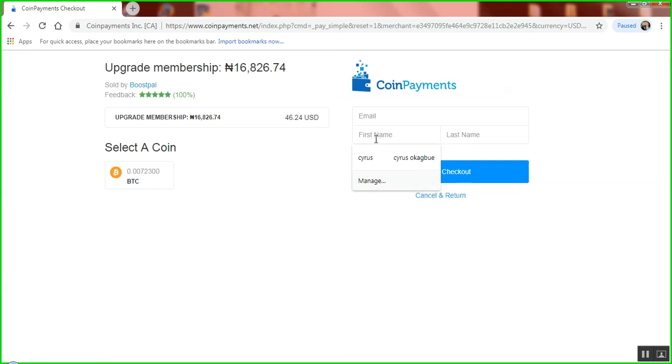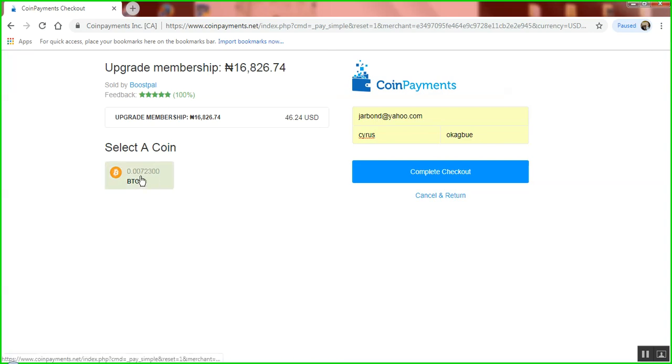You come here, input your first name and your email address. In this email address, they will send you the wallet address where you will send the Bitcoin of 0.0072300 Bitcoin, as you can see here. Then when you complete the checkout, the information will be sent there. Then with your Luno wallet, this is the amount that you're expected to send: